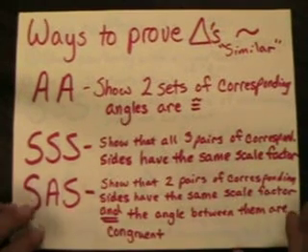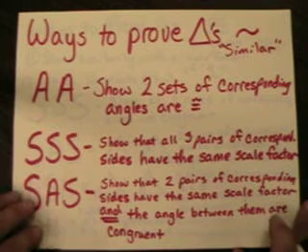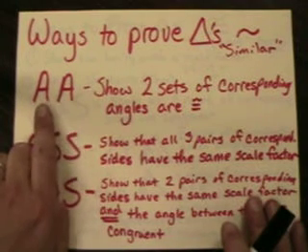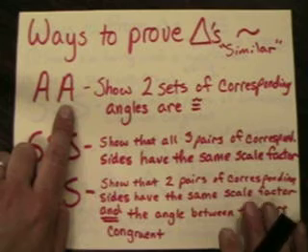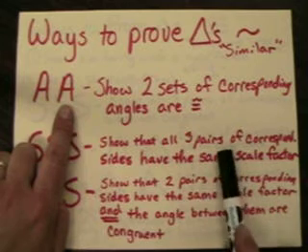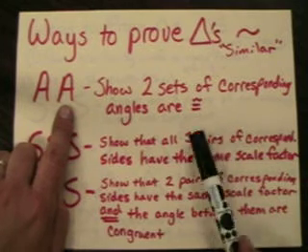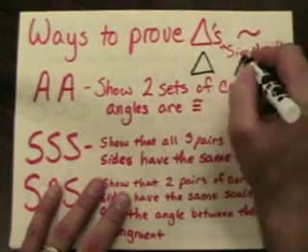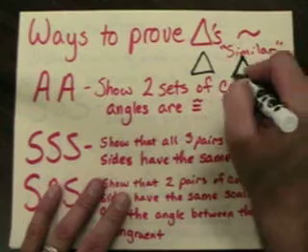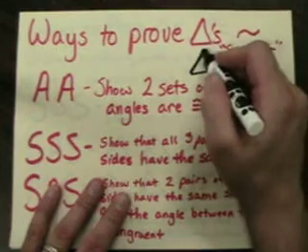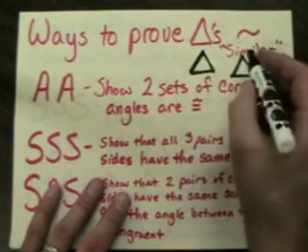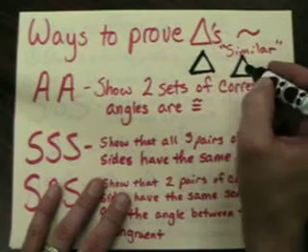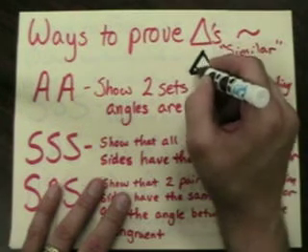learned how to do was prove triangles are similar. Now, the first method we learned was called angle-angle, which we showed that two sets of corresponding angles are congruent. Now that means that if I've got a triangle and I have another triangle, and I think they're similar, meaning same shape, possibly bigger, smaller, or same size, that I could find, for example, this angle might